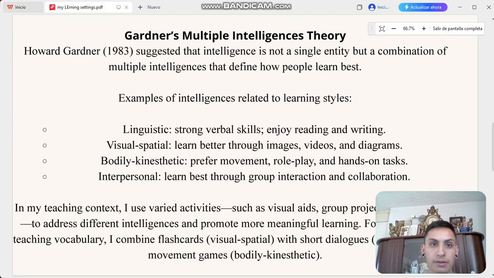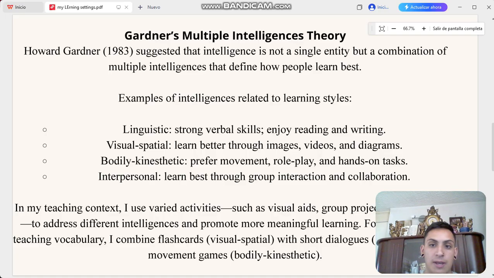This is Gardner and his multiple intelligences theory. He suggests that intelligence is not a single entity, but is a combination of multiple intelligences that define how people learn best. If you can see again the examples that I put, you can find the linguistic, that is used by verbal skills, reading, writing, sometimes listening, but listening is more like visual and spatial, using images, videos,